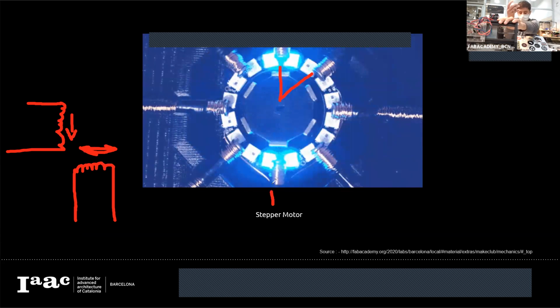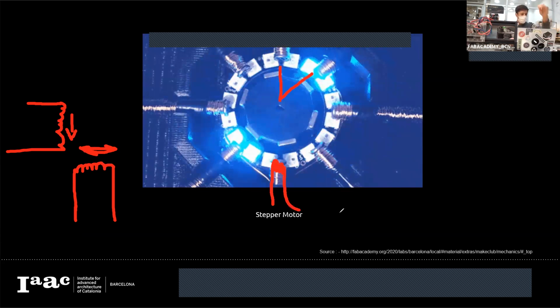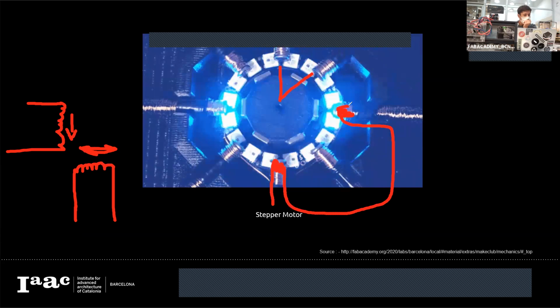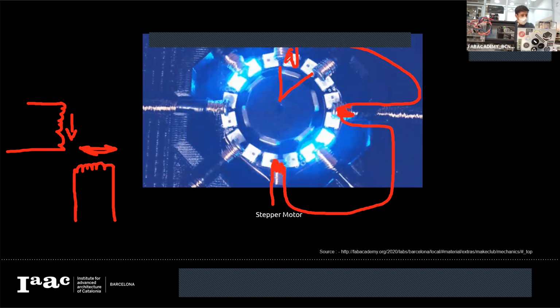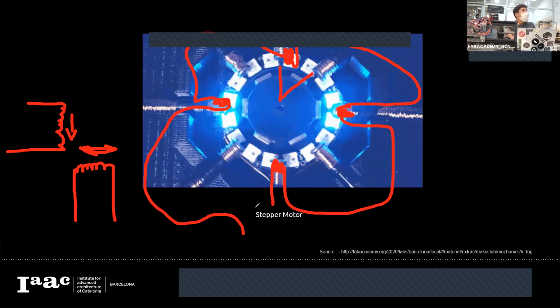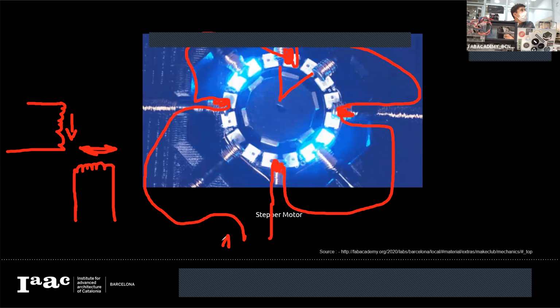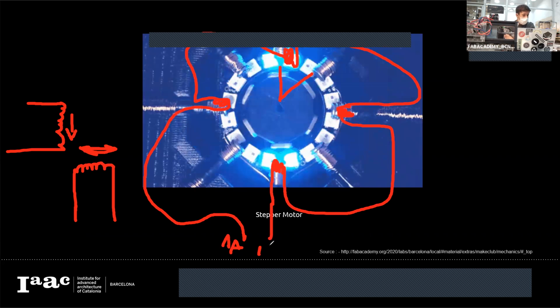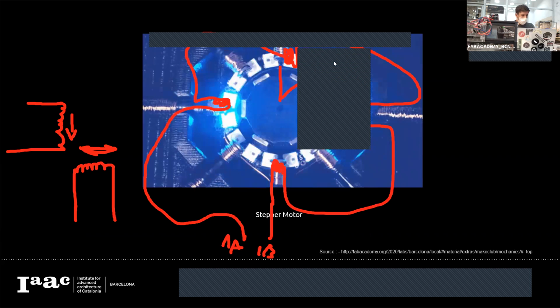This is coil. This is the same coil, in this order. It keeps one technically. So actually, this is coil. We call it 1A, 1B, and the other coil is